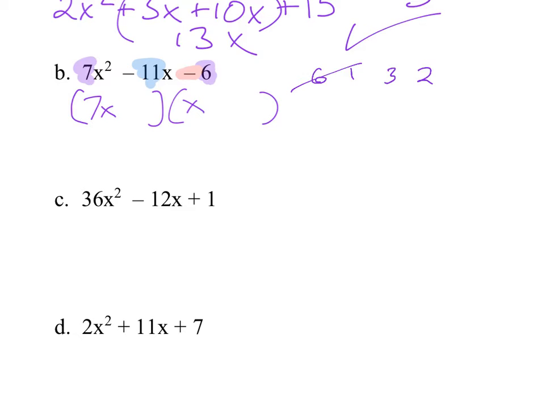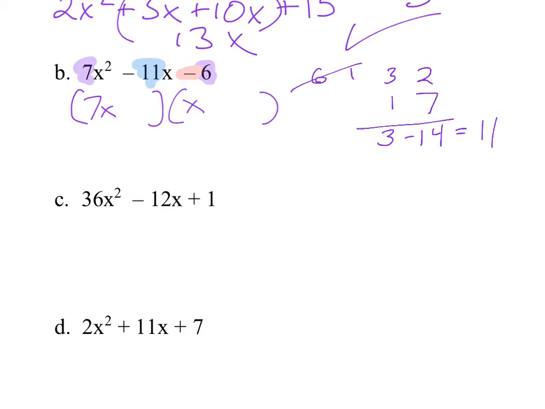But if I subtract, I'm looking for 7. So 2 times 7 is 14. And 3 times 1 is 3. If I subtract those, I get the 11 that I'm looking for. In this case, it would have been a negative 11. But anyway,